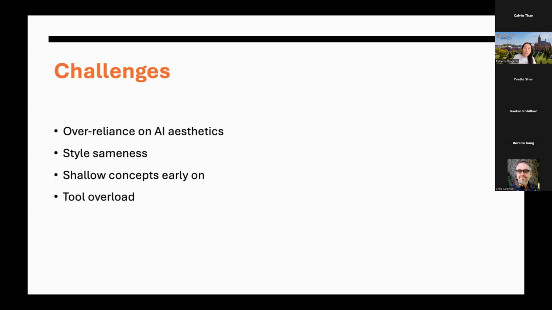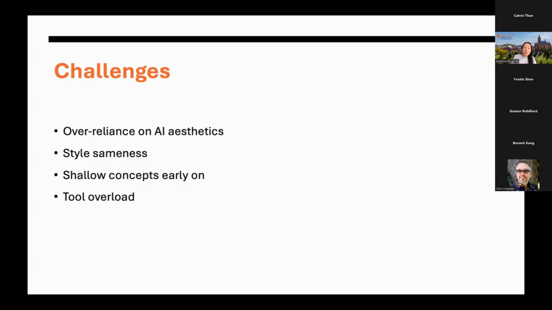Also, another thing I found is shallow concepts early on. When students start developing their concept with AI tools, it tends to stay at the very surface level. If students come in with an original idea, that usually works slightly better, and the student can keep pushing it with the AI's help. If a student purely depends on the AI tools to generate the idea for them, it tends to be mediocre ideas. That's what AI tools can do, and that was also discussed and addressed.